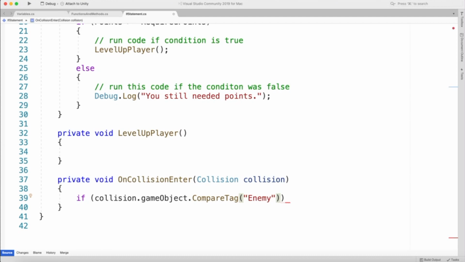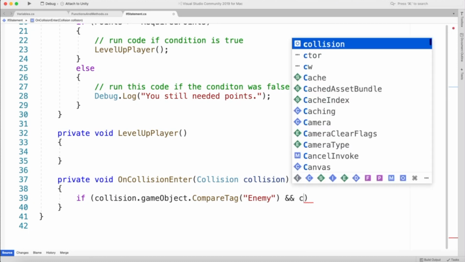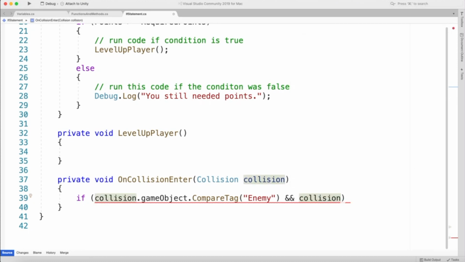and then we can say also and. So the and condition is the double ampersand. That's going to be Shift 7 on the keyboard. So we're checking for, is in fact the object that I ran into the enemy, and was that other enemy's position in the world relative to my position. So if I was to say collision